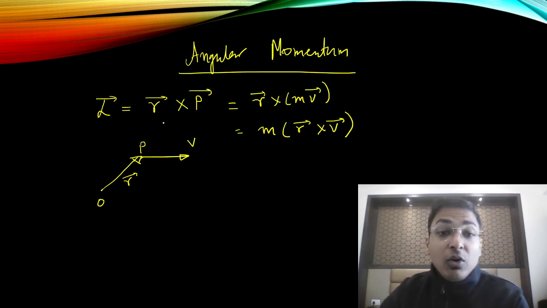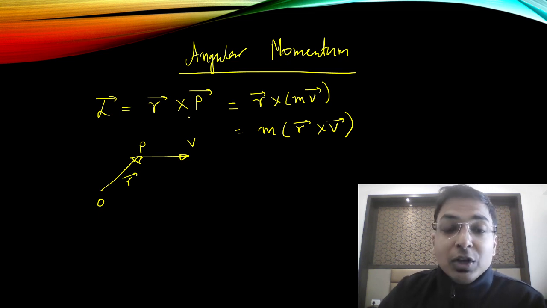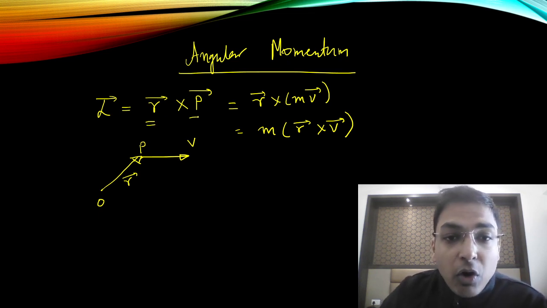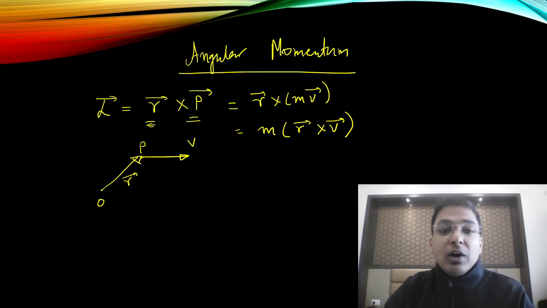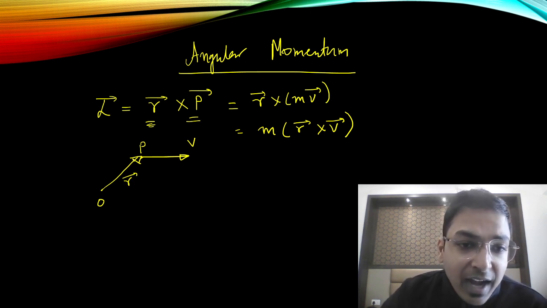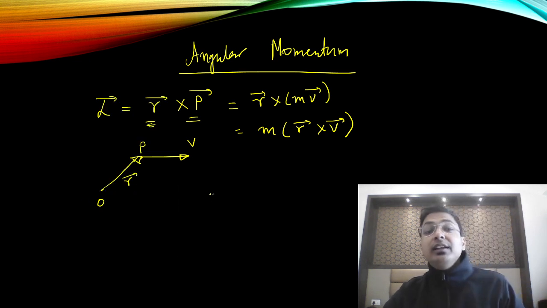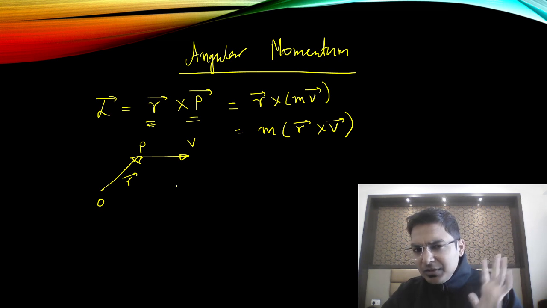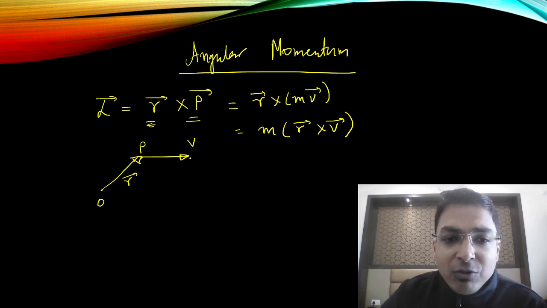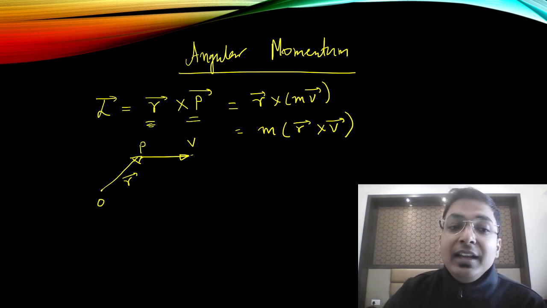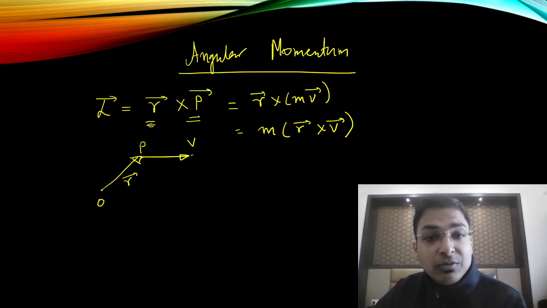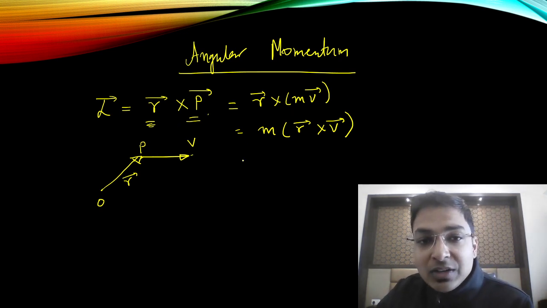Moving ahead now. What is angular momentum? Angular momentum is R cross P. Again, what is the value of R? R has the head at the velocity and the tail at the point where you have to find the angular momentum, exactly similar to torque. In torque, we have the head at the force and the tail at the point. In this, the head is at the velocity and the tail at the point. So what is the formula? R cross P or R cross mv. This is the formula for angular momentum.